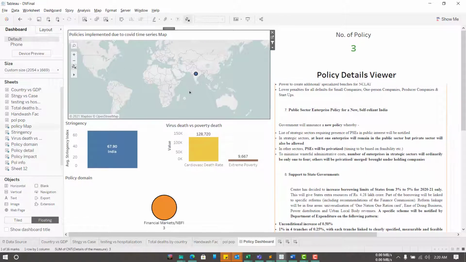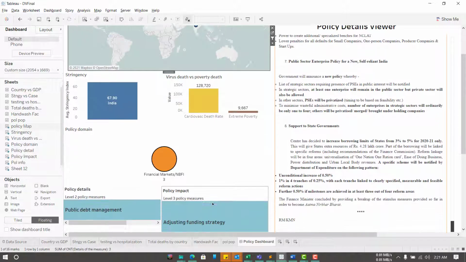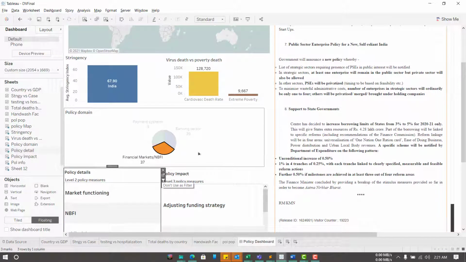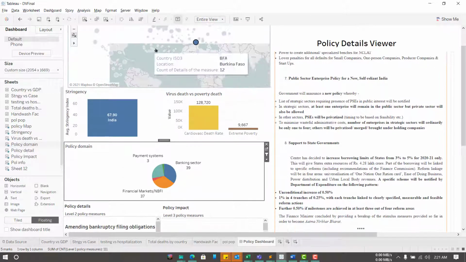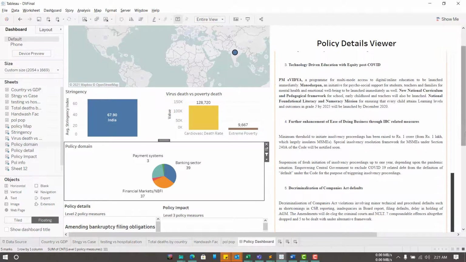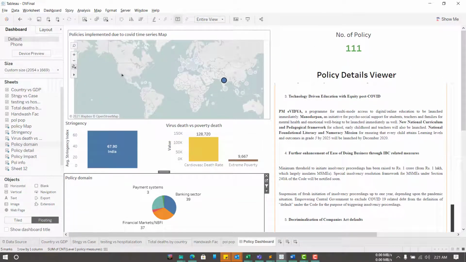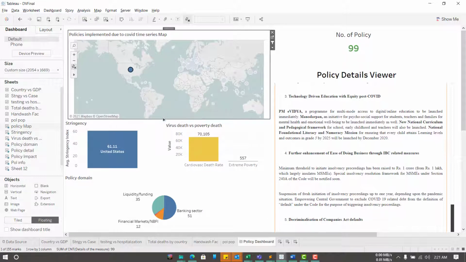Now let's see more about, say, USA. So firstly, I can see that there is a contrast from the last example. So we have a slightly lower stringency index around 61%, and we have, okay, now we can see this one